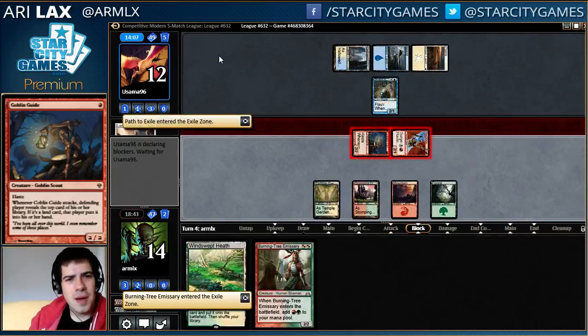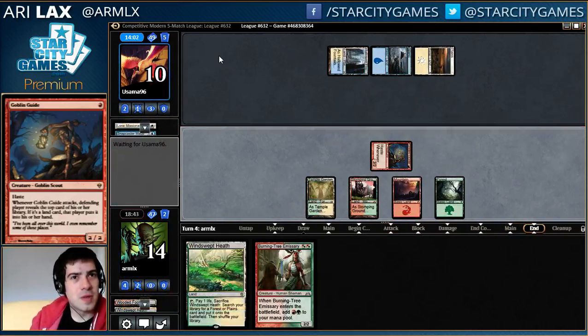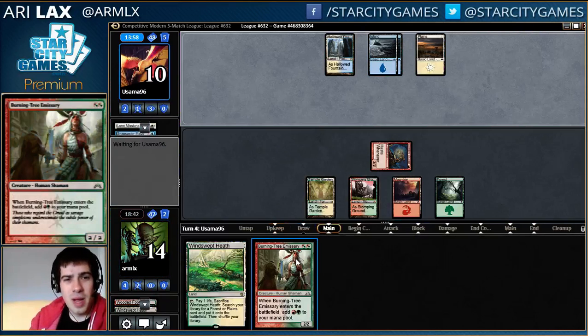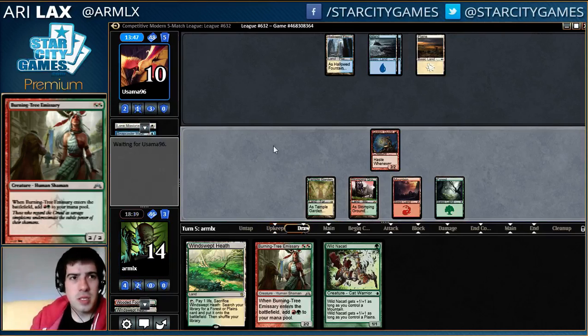Okay, so I'm willing to believe that blue-white life gain and 2-drops and removal is a very bad matchup. Not deploying the Burning Tree Emissary because I think that my odds of winning are higher if I save that for a Bushwhacker turn, though I guess... Nah, I should have played it because of Spell Snare. Like, my line was to try and force a verdict, and then...